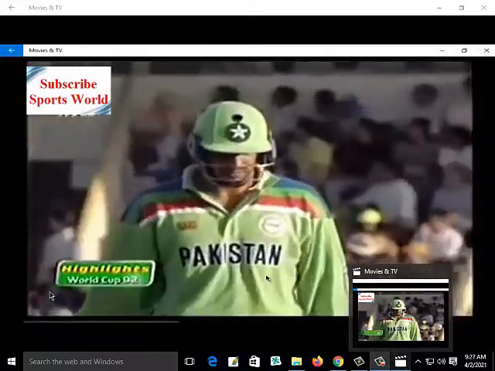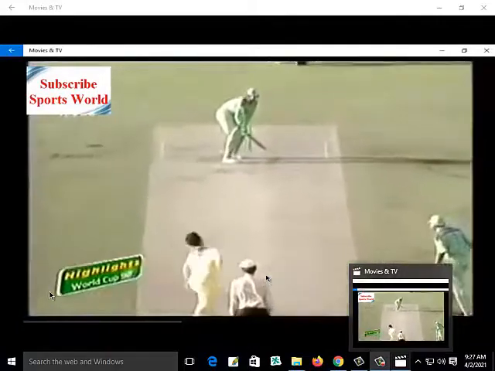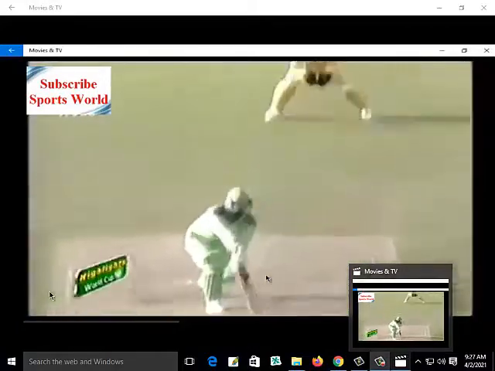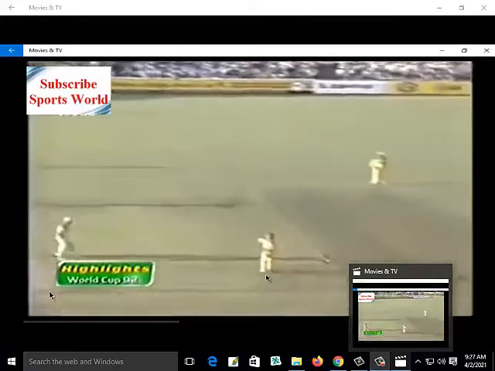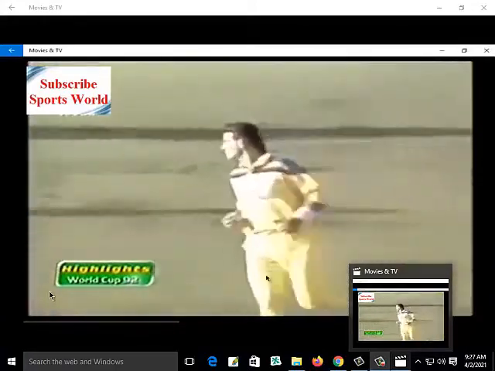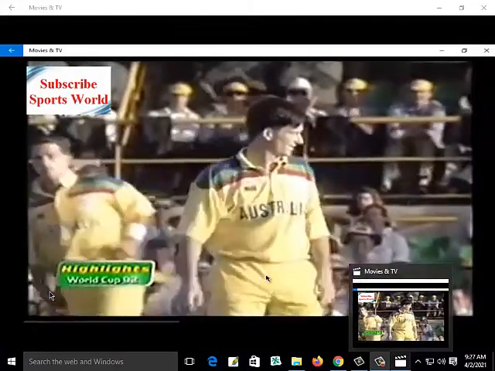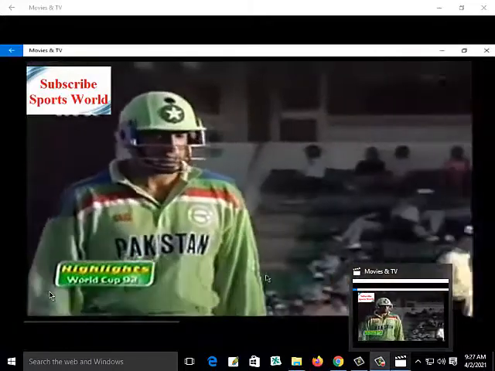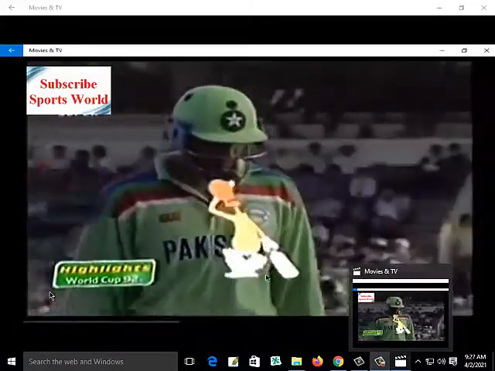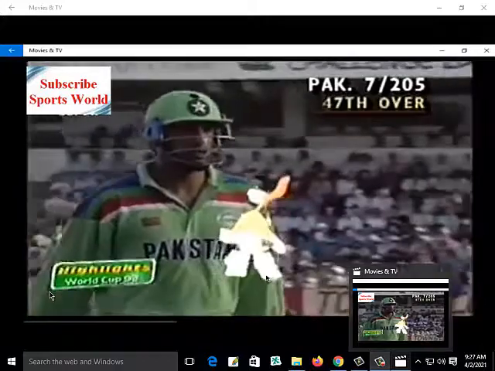First ball. He hasn't picked the slow ball at all. It's the leg cutter slower ball, and he really would have been better off to just go through with a shot. But the problem was that Wasim Akram didn't pick it, and it's now 7 for 205.